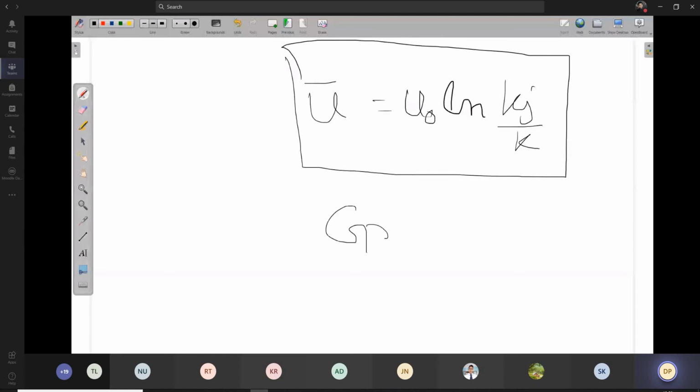So this is the equation for the speed-density relationship by the logarithmic model, or the Greenberg model. Greenberg proposed this equation according to his observation that speed and density are logarithmically related, and the stream speed or average speed at any particular point will be equal to u0 into ln kj by k. Here u0 is basically the speed when the flow is maximum. So this is how we can find out the different values.